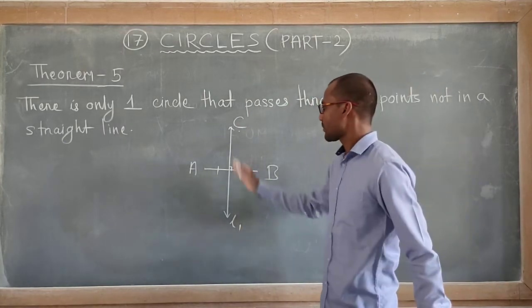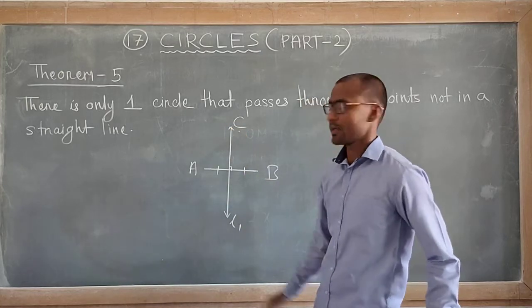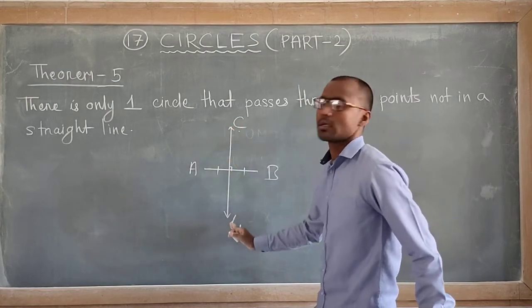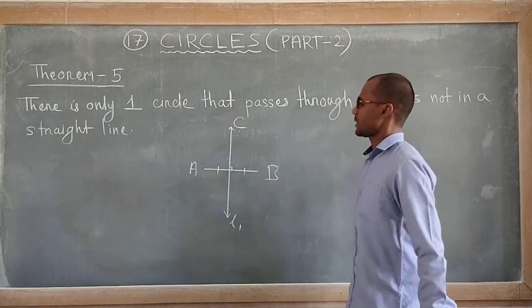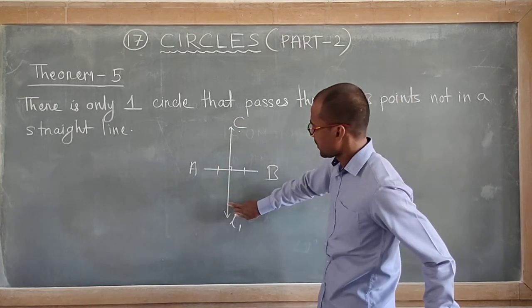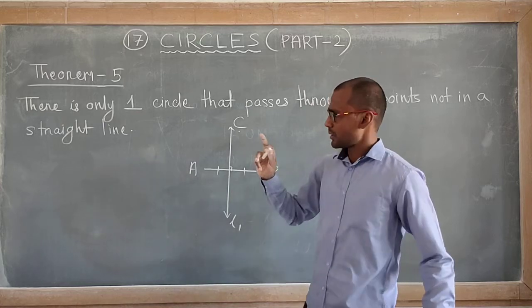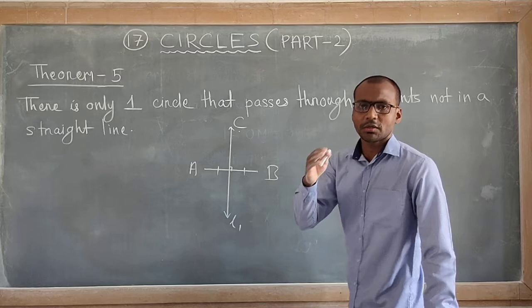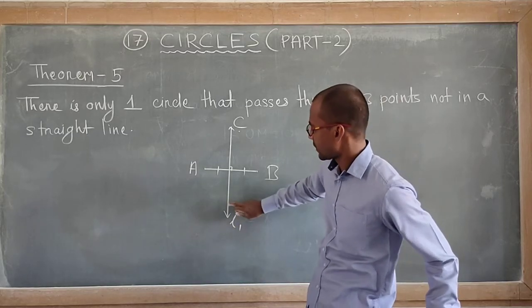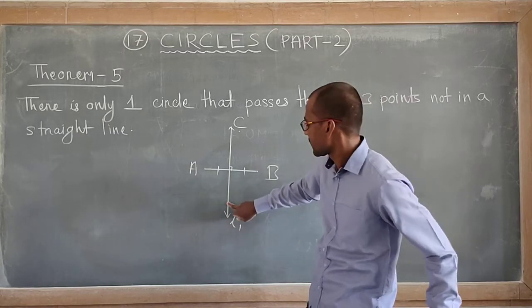Now every point on this line L1 will be equidistant from A and B. You can check it out. Let us take a point here. This triangle is given in chapter triangles. You can take any point randomly on this line L1. Suppose here I will take a point.